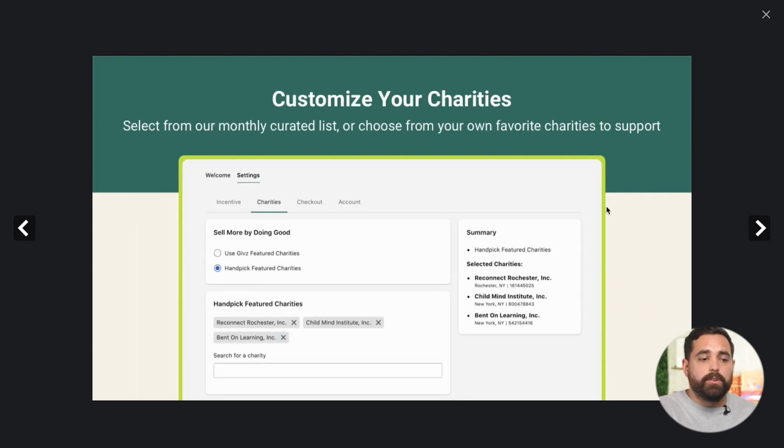You can also customize your charities. They have a monthly curated list of different charities, which you can leave up to their featured ones, or you can handpick ones that may be better aligned with your store and maybe the location too. So I think in this example, they have 3 different ones here, and they're all in the New York area. So maybe this company is based in New York and they want to support maybe a little bit more local